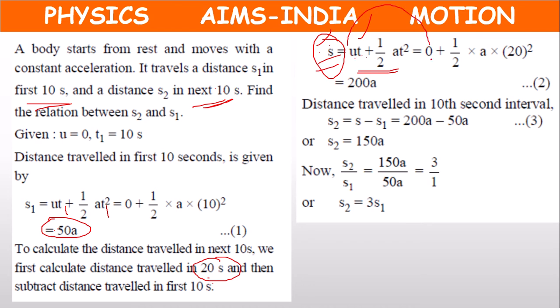0 into T will become 0, plus half into A into 20 square. So half into A into 400. Here 400 will come. 200s are 400. So 200A will come. So this is the total distance. So distance traveled in